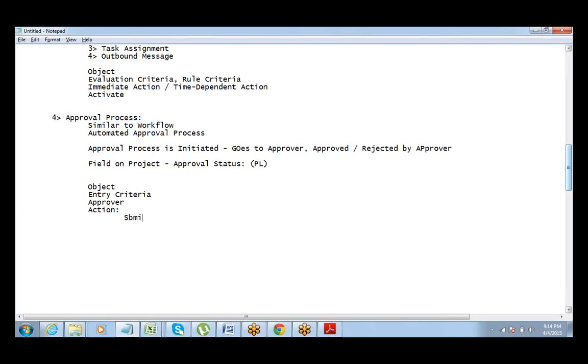Once the record is submitted for approval, what action should happen when the record is submitted? What should happen if the record is approved? What action should happen if the record is rejected, if it is not approved? What should happen if the record is recalled? Some record which was submitted for approval is recalled, then what happens, right? So you have to define actions at all these stages.